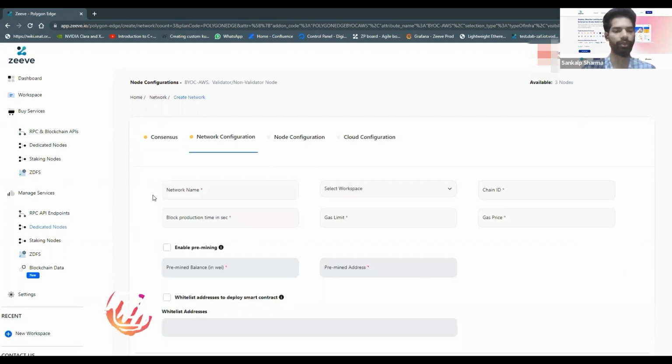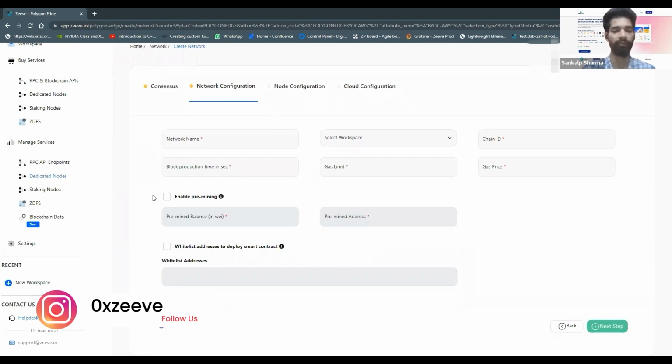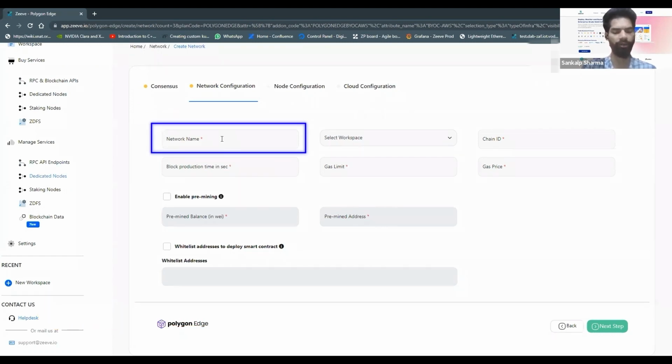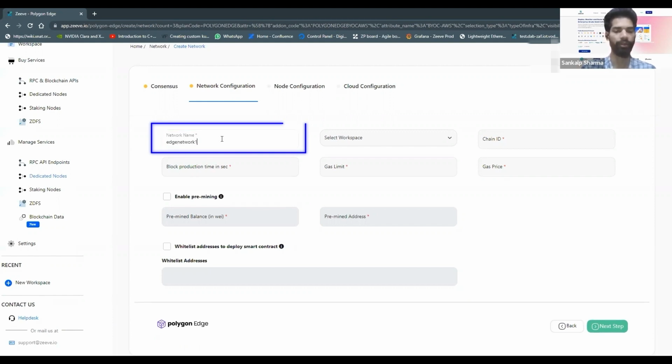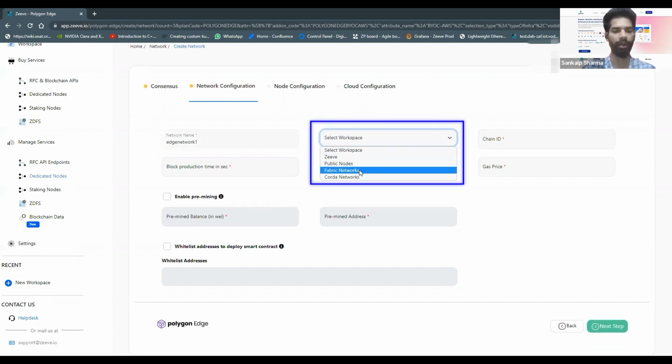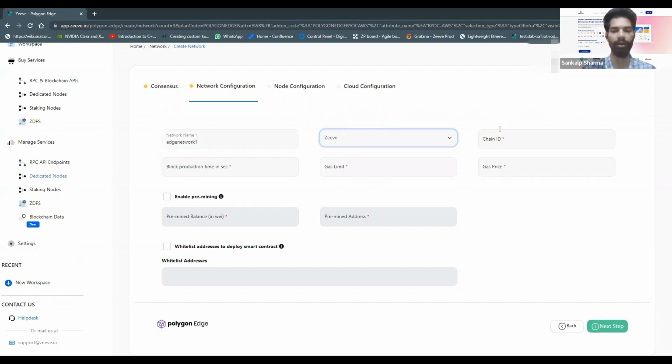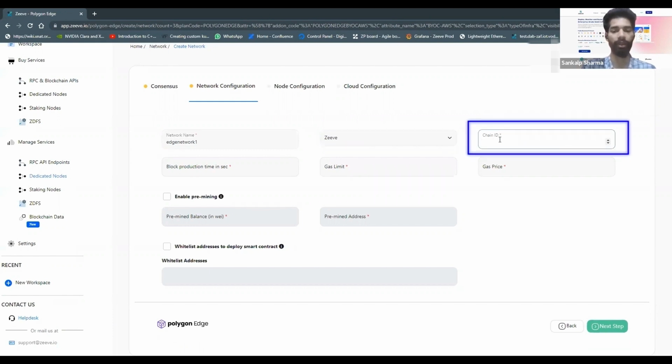Selecting the consensus, you can see some high-level network configurations where you can first of all name your network. I'm just going to write Edge Network 1, let's call it. And then I can set my workspace. I'm just going to take the Zeeve workspace for simplicity. Workspaces are a cool way to manage your networks and resources in one place for your project, so you never run into confusion about what kind of resources are present in your account,